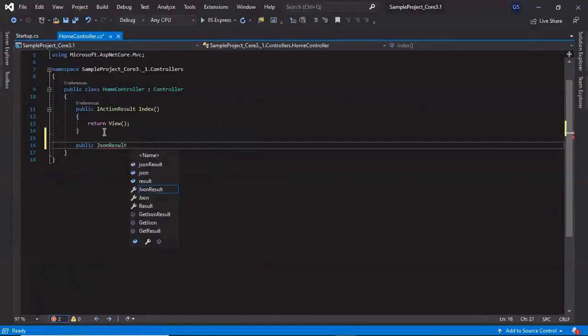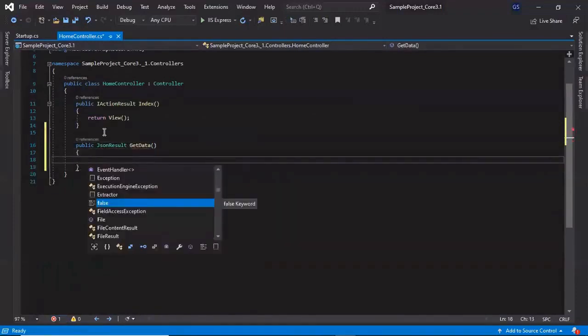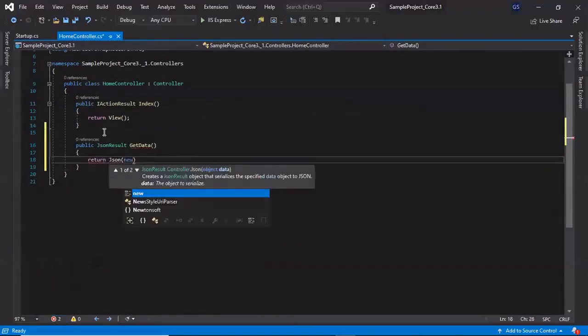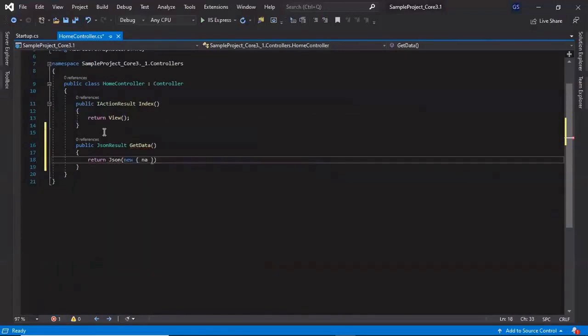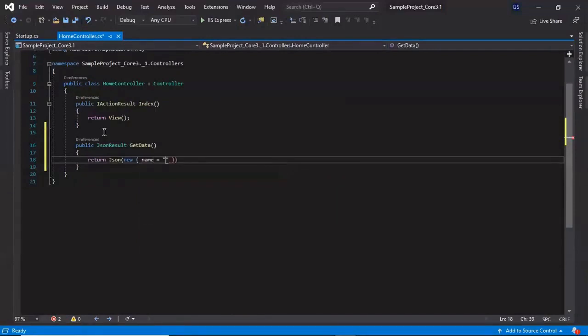So let's call JsonResult, and we'll call this method GetData, and let's return the JSON with name equal to GTech Fluent.